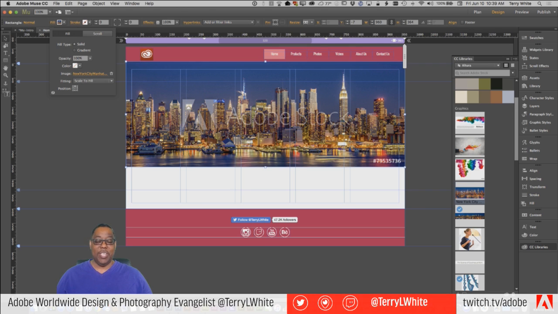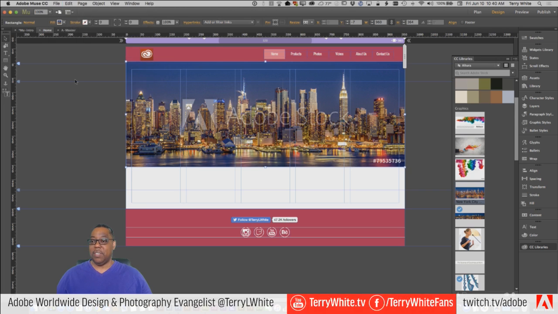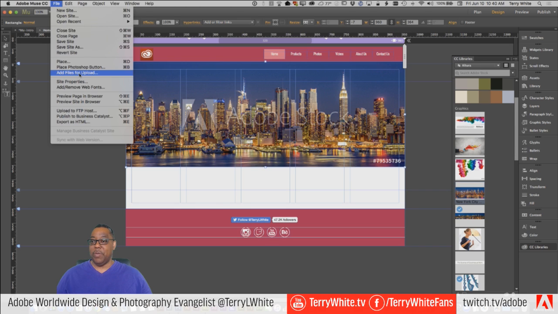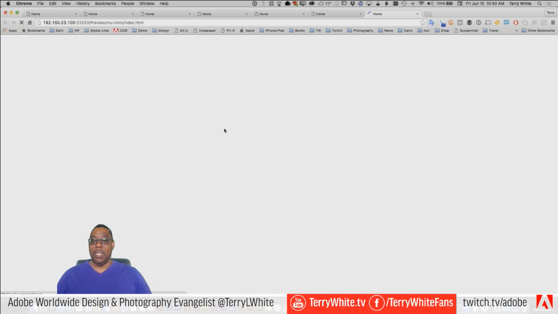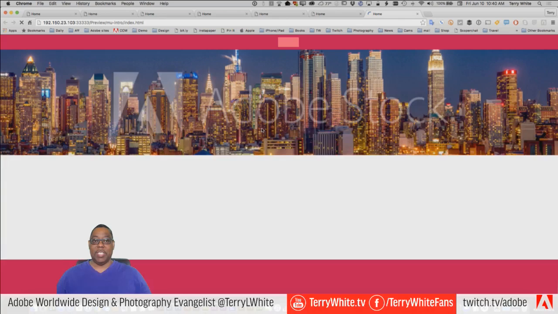If you need to see the entire image and you don't care about the width and height, then just scale it to fit. If you don't care about seeing the top and bottom of the image at all times, which I kind of liked it more like this, then you can scale to fill, and it will give you that full width browser look that people are using mostly on their sites these days. And again, it just depends on the image itself, what's going to look good. And keep in mind, this is just a low-res preview, so that's why it looks really pixelated.